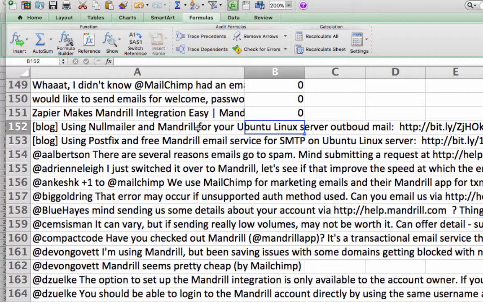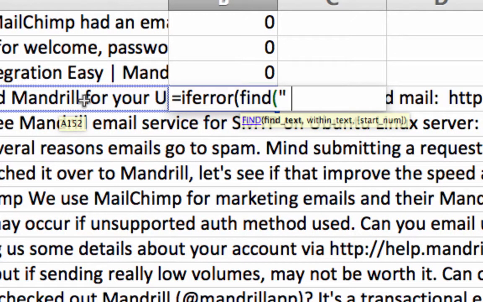So we need to wrap that in an if error, because if there aren't 30 words in the tweet, we'll start to get errors thrown at us because we assumed that there were 30 words, which is why we made 4,500 rows. So if error and open parentheses, and now I can start using the find function. I'm going to find a space, so two quotation marks with a space in between, comma, and I'm going to look for that space in cell A152,